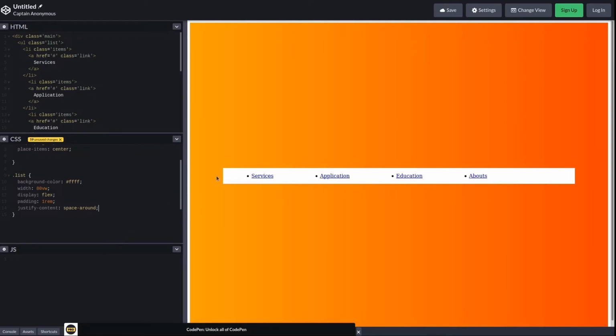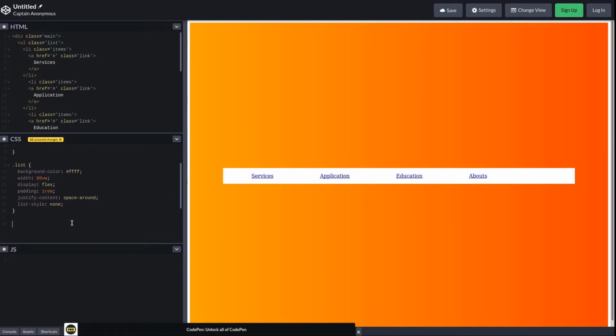Now I want to remove these dots. For this, just set list style to none, and it's now done.